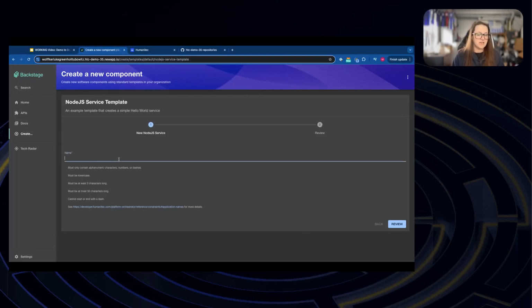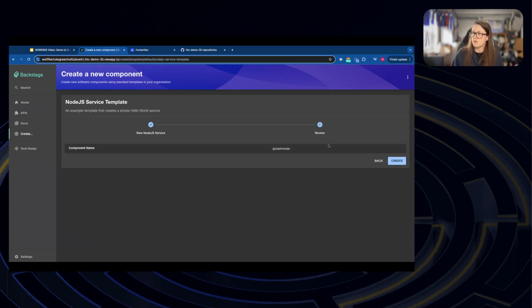Inside of this, I'm going to give it a name, and let's call it something fun because I'm Canadian, and why not do something cool? We're going to call it Goose Moose. And why not make it silly? So I'll review this, just make sure everything is what I want it to be, looks good,